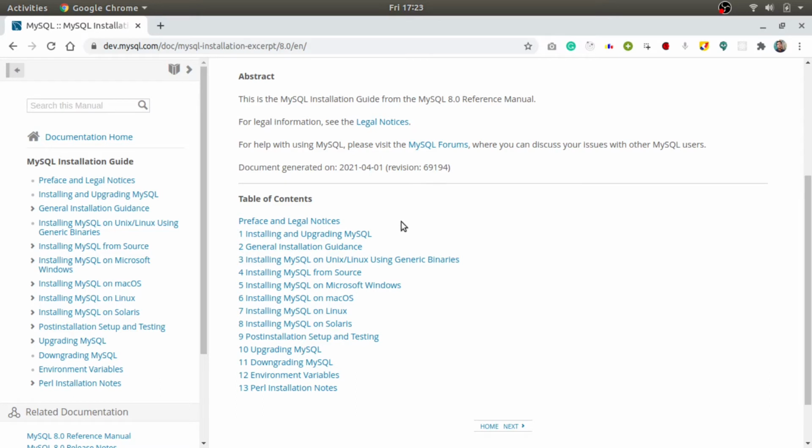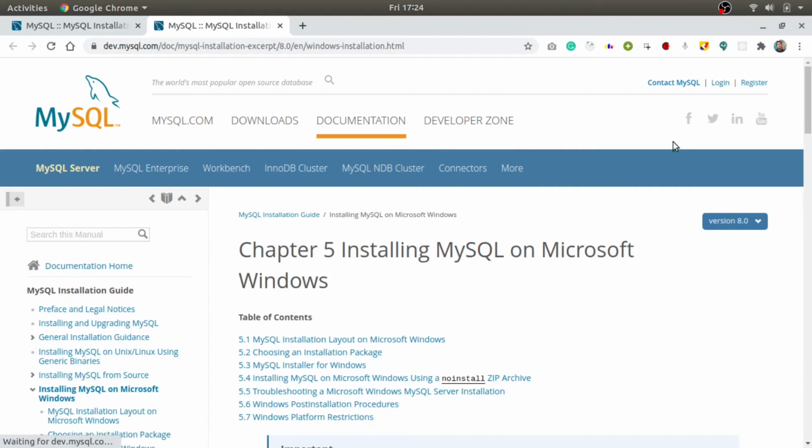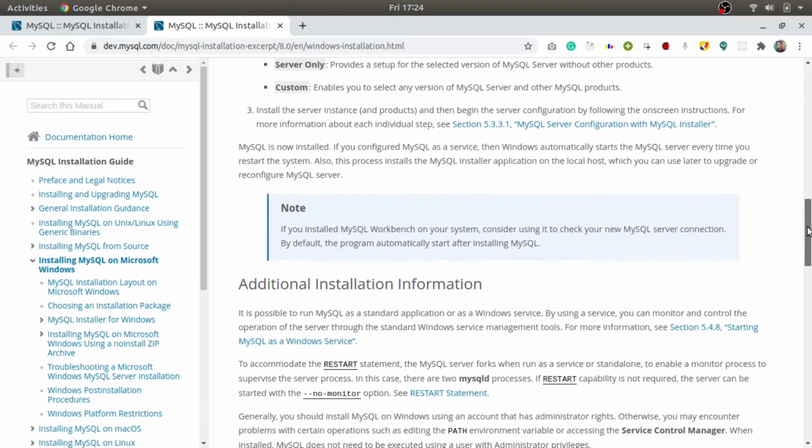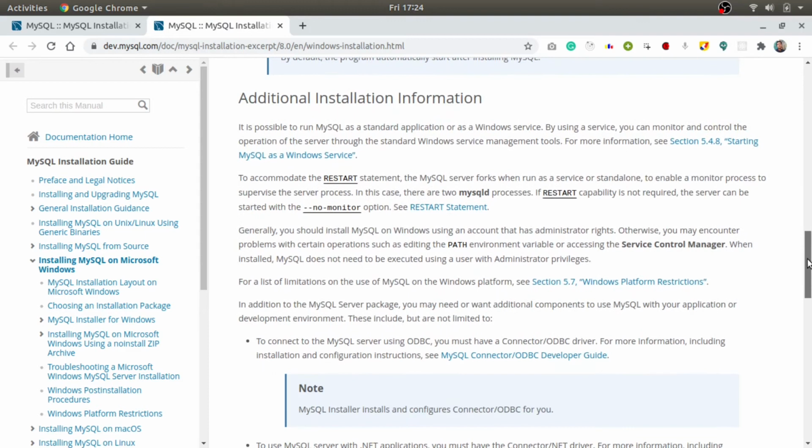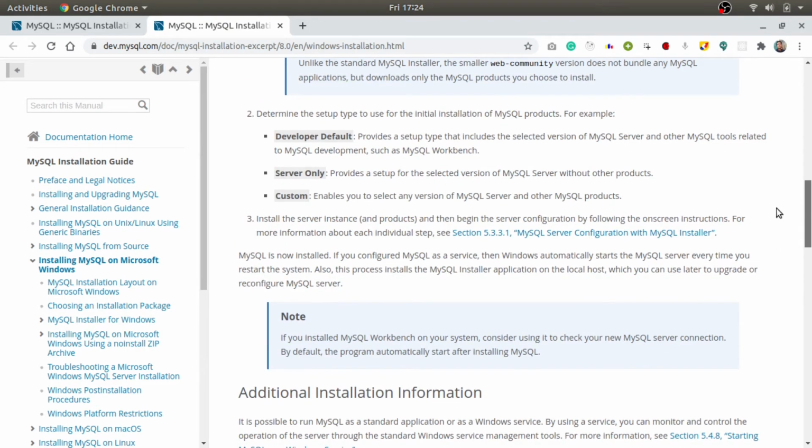Just go over here, and depending upon the operating system that you use, you can view the installation instructions from here. Suppose I use Microsoft Windows, so I will just view the installation steps here. Whenever you install MySQL, also try to install the Workbench with it. There would be an option when you install it. Install this also, because it will be very easy for you to visualize your databases and tables using this tool. Otherwise, you can also work with the command line or the terminal.